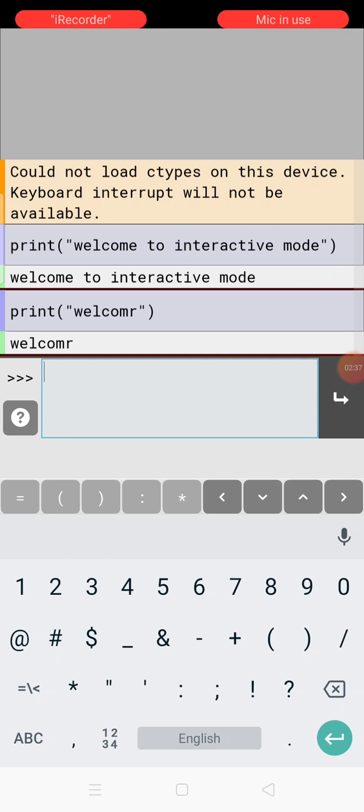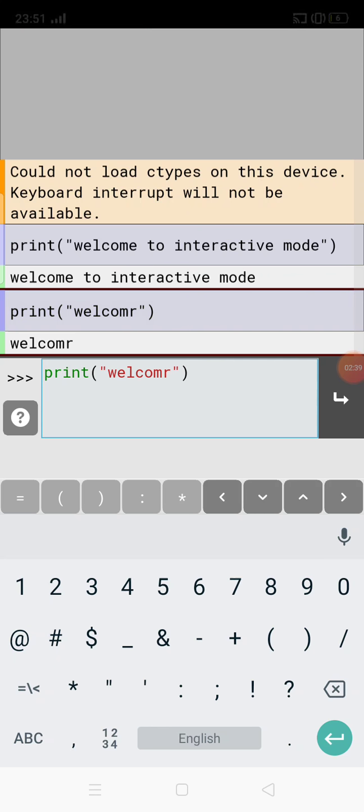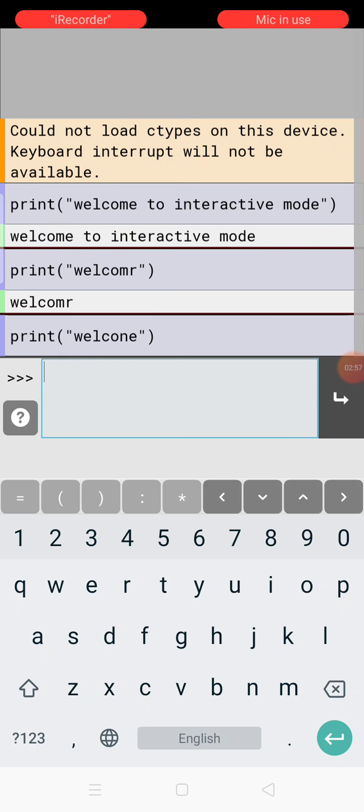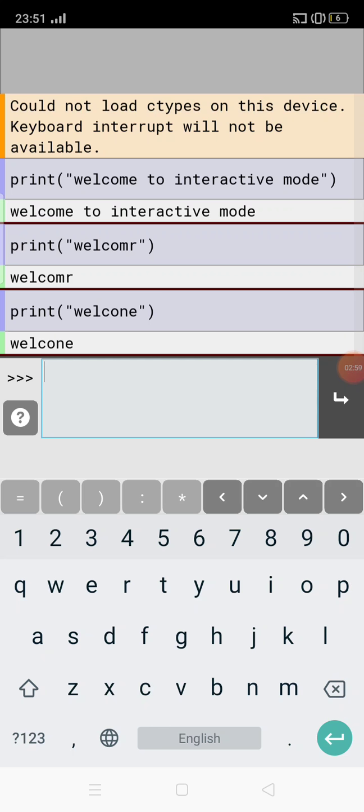I have wrongly typed here, so I want to correct it. When you touch that particular thing, it will appear on the screen again. Now I am correcting. It's welcome. After correcting, again you have to press the enter in the interactive mode. Now the word will be displayed as welcome here.